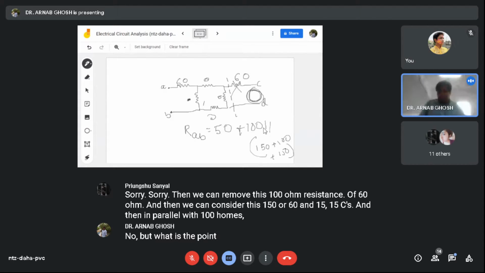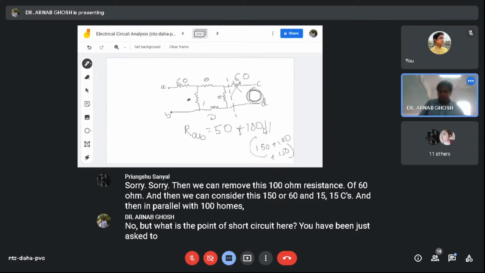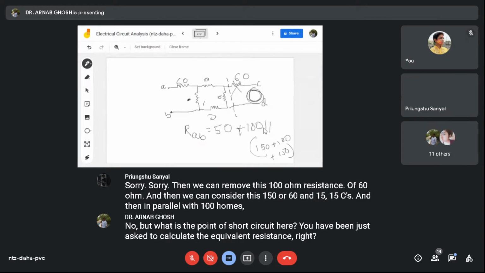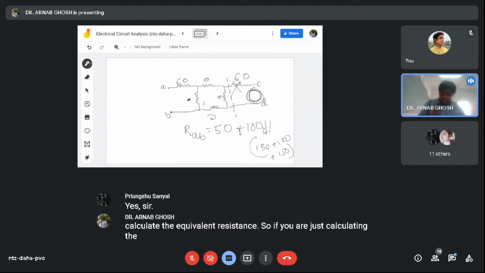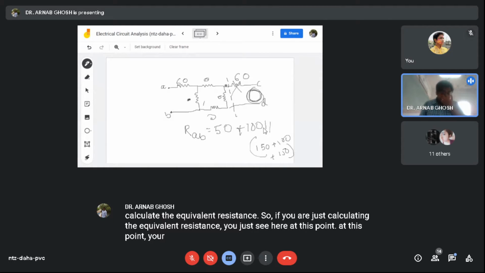Point of short circuiting here. You have just been asked to calculate the equivalent resistance, right? Yes, sir. You have been asked here to calculate the equivalent resistance. Just calculating the equivalent resistance, you just see here